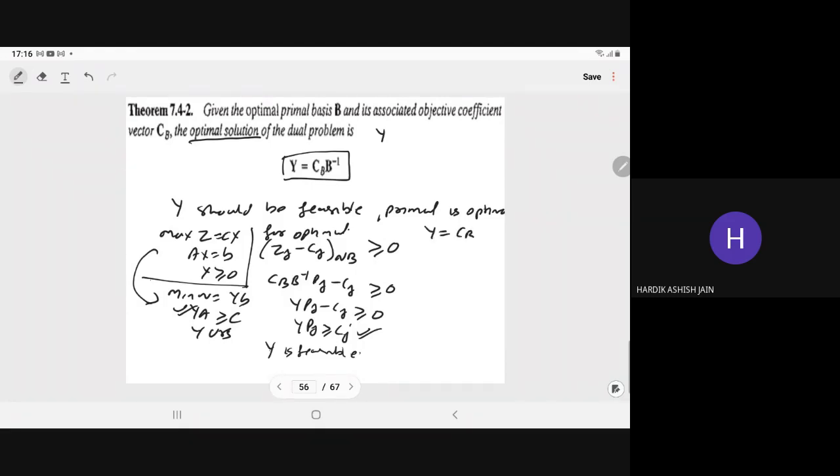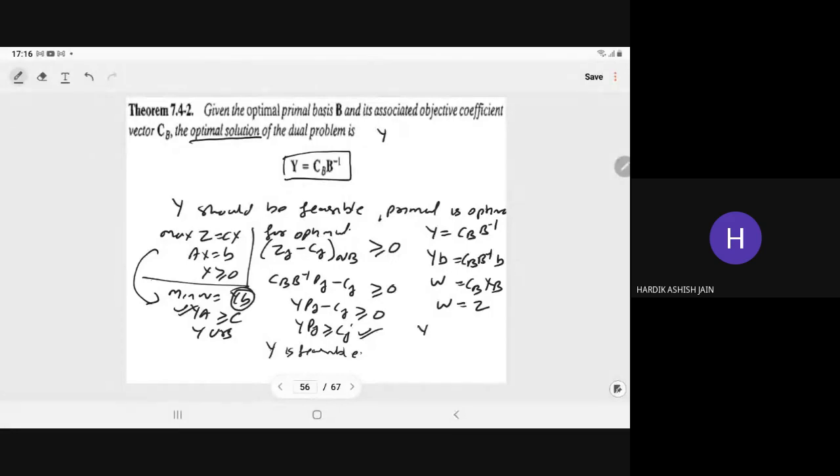Then after, if you take y as cb B inverse, it is given to you, right? So if you multiply on both sides by b, it will become cb B inverse b. And cb B inverse b is equal to yb, from here it is equal to w. So it is the w. And B inverse b is what? It is the xb, and cb into xb is equal to z. So w will come, w is equal to z, that is the optimal.